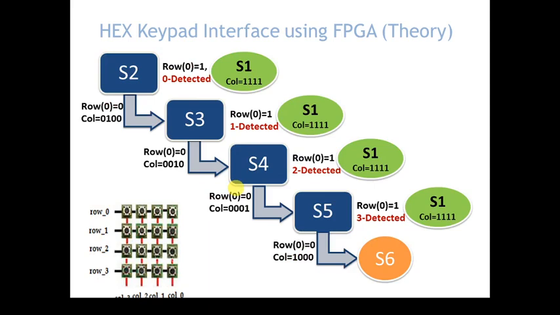Now let us assume we are in the S2 state. Okay. Now S2 state means this is row 0, right? So definitely from this row one of the keys is pressed. That means initially all column values are 1. So because of that only row 0 becomes 1 and we come into the S2 state, right? Now out of these 4 keys, definitely not all 4 keys are pressed. So let us assume this key is pressed. I am just giving an assumption that this key is pressed. Okay. Now how to identify this key?